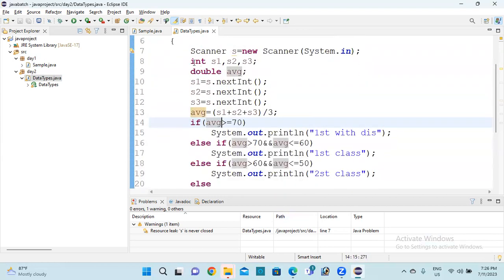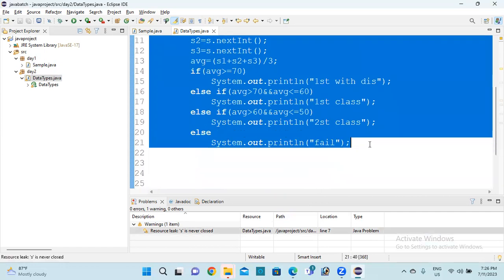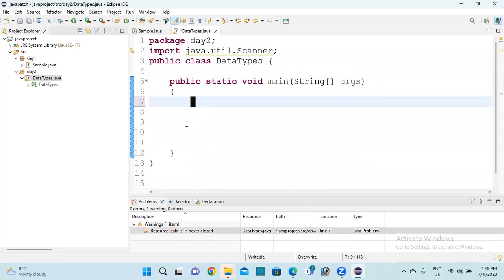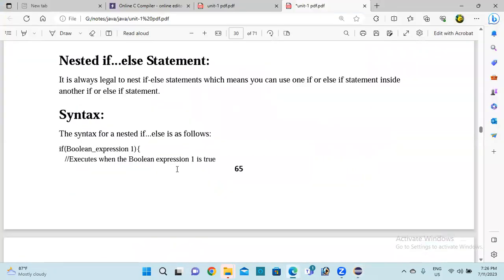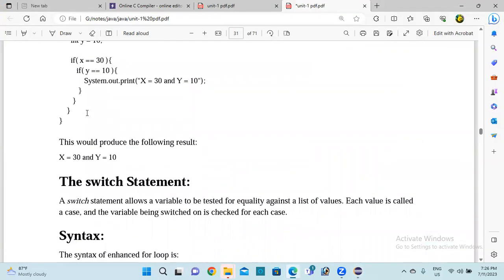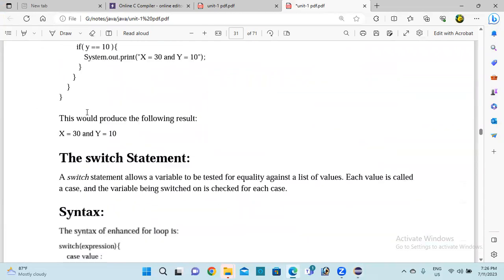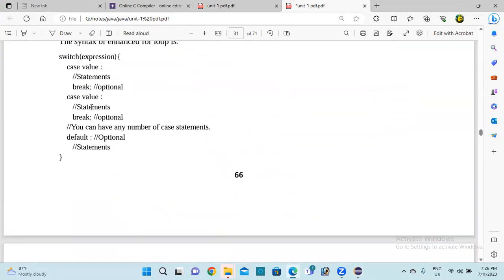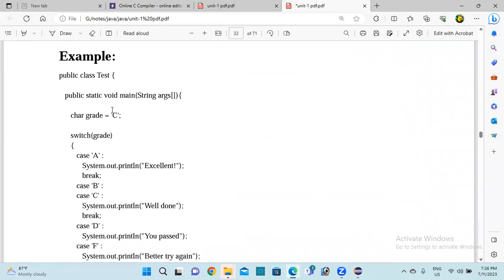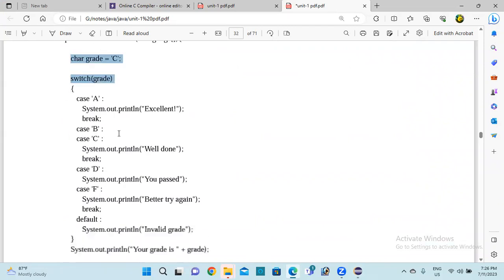So now I'm going for the for loop and while loop. In this also a lot of codes are there. You can write nested if else, and if there is one more condition, what is the output of that? Switch case, you know very well. So based on this input,